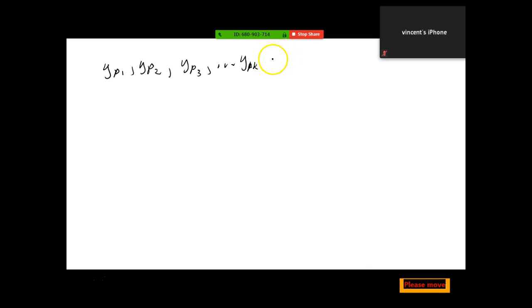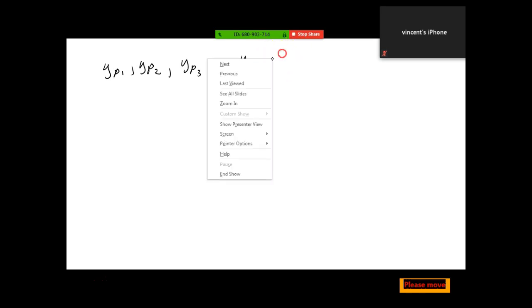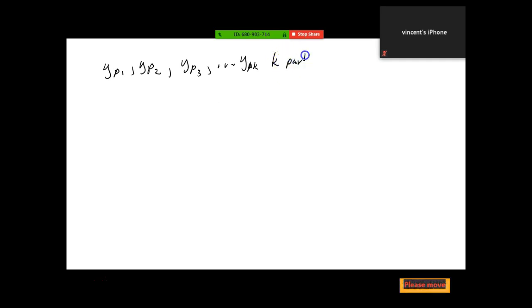These are K particular solutions. All K of them are particular solutions of the non-homogeneous linear nth order differential equation,